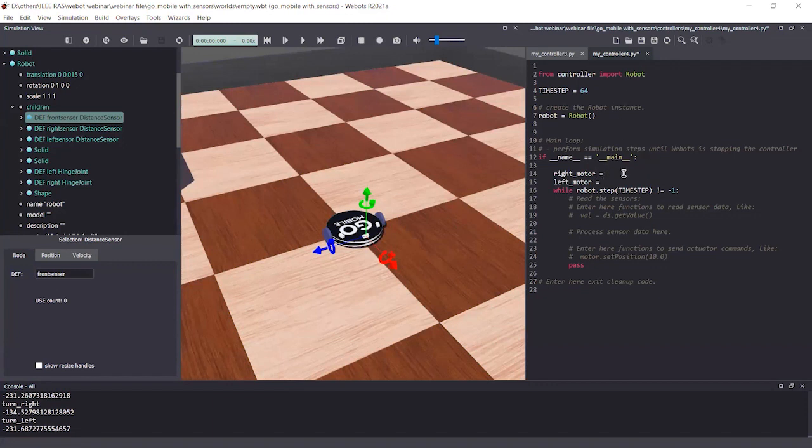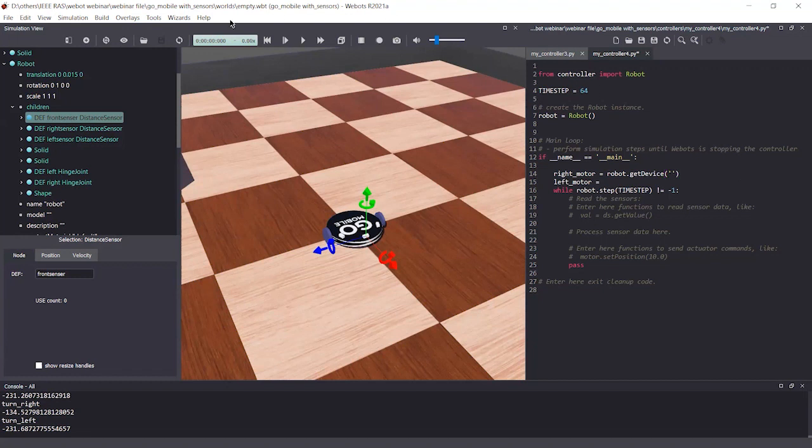So in Webots, how we assign these motors is simply type in robot dot getDevice. I think my spelling is correct. Under the parentheses, you have to give the name.